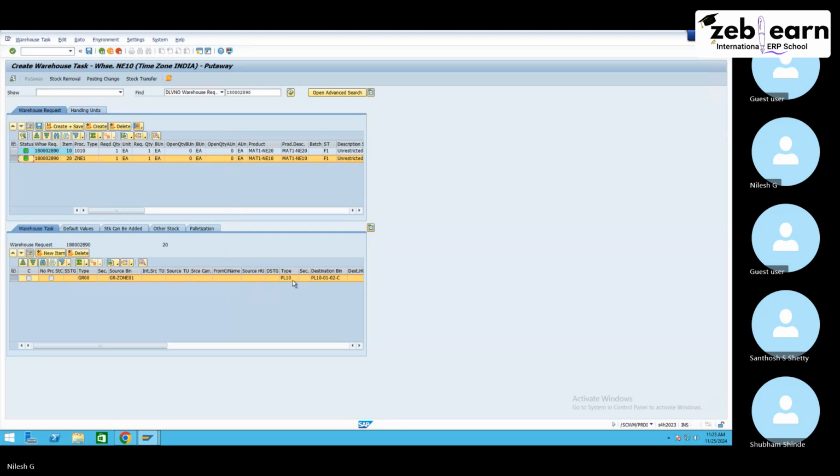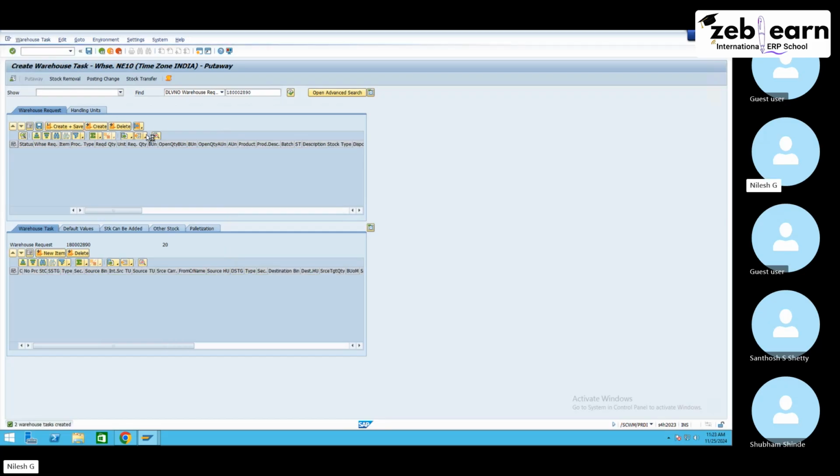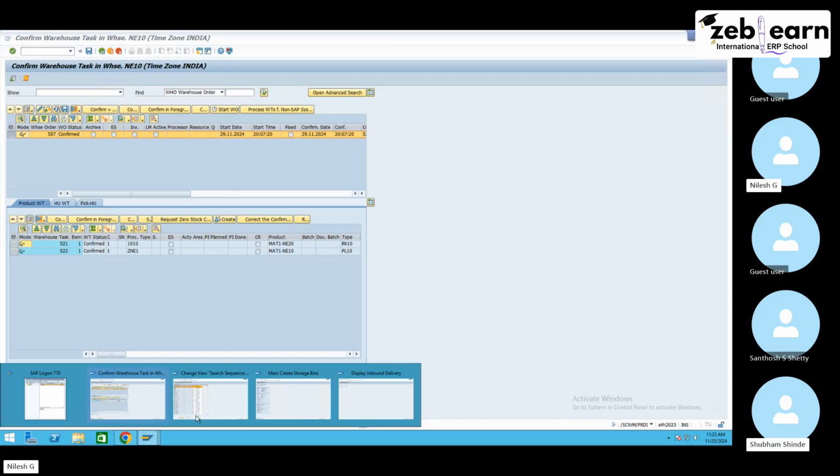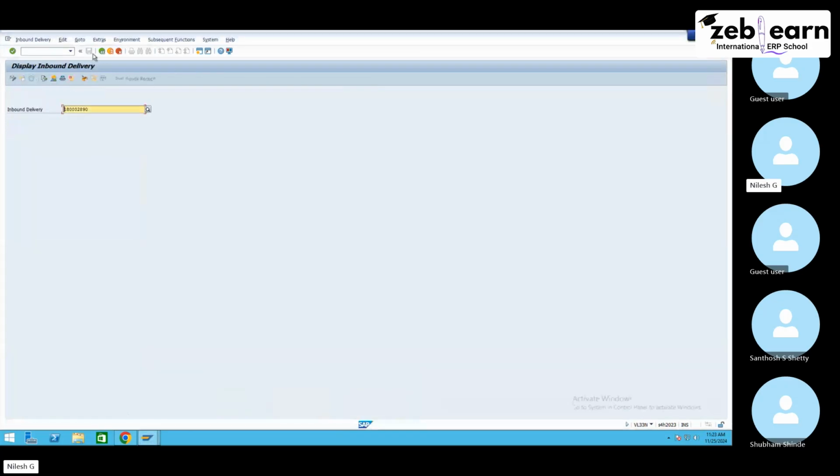Clear, sir. Okay, so once we are okay, so this create option is just to check that okay, you're okay with the bin or not, right? If you're okay with the bin, then yes, you can just click over here, create plus save, and then you can confirm the task. Okay, clear? Now, yes. If we create one more delivery,